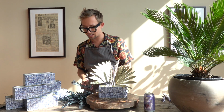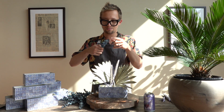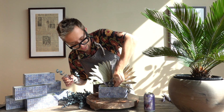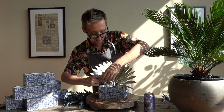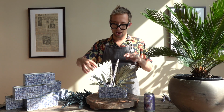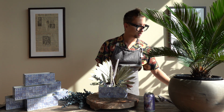Isn't that beautiful? Now that we have 2 pieces in there, I want to get 2 pieces of our sky blue eucalyptus. These can be any size, but what we're going to do is take the shorter one, situate it right down front, and have the longer one sit towards the back, closer to our sun palm. And now that we have our anchors here, we're just going to go back and forth,